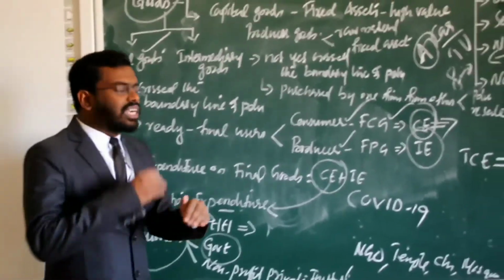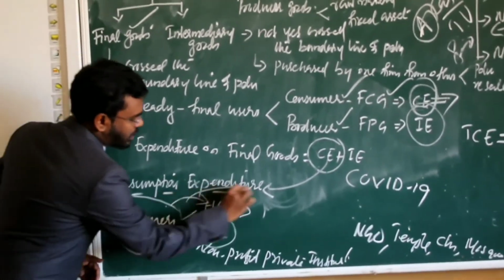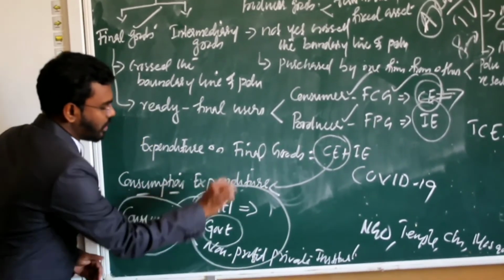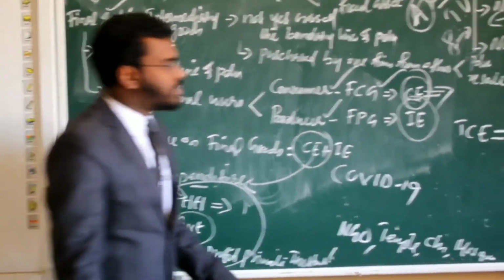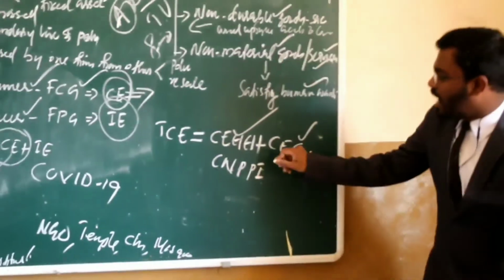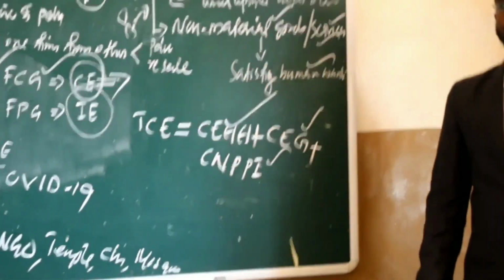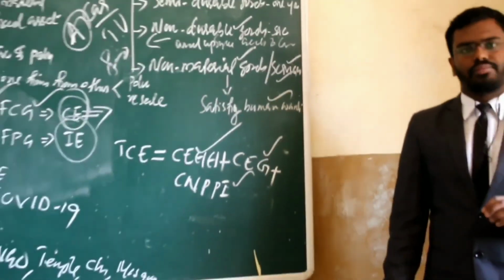So total consumption expenditure is equal to the consumption expenditure of all these three institutions: consumption expenditure made by household, by government, and by non-profit private institution. Next one, that is